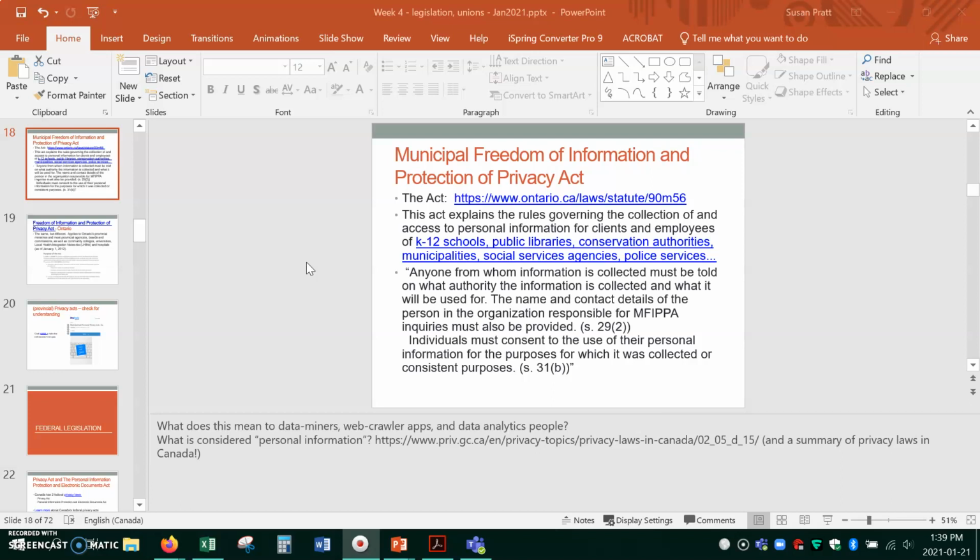So at the provincial level, there's a Municipal Freedom of Information and Protection of Privacy Act. And this act governs how you can collect and store personal information about your clients, your customers, and your employees if you're a business. If you are in the K-12 school system, so public elementary and secondary schools, public libraries, conservation authorities, a town office, so the town of Whitby, town of Oshawa, social services agencies, police